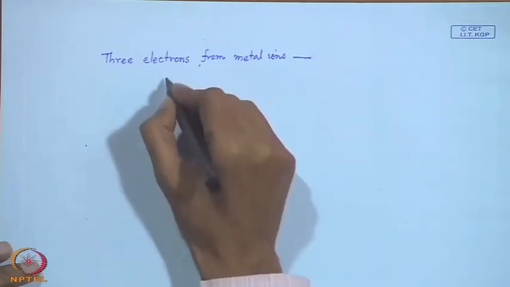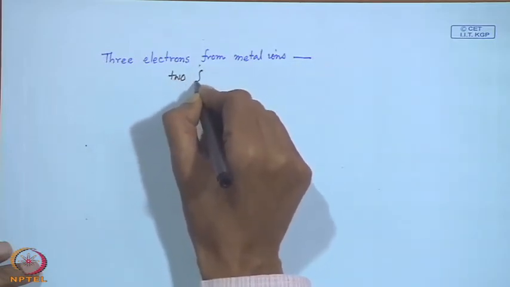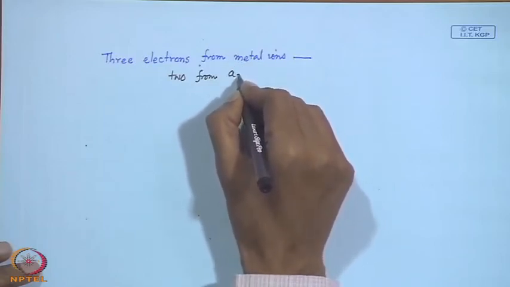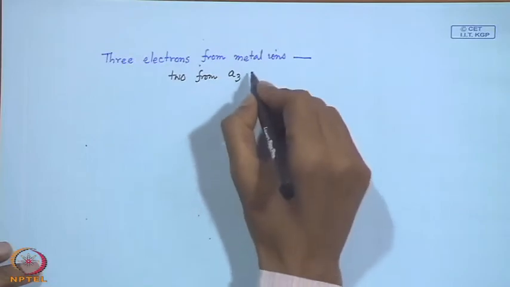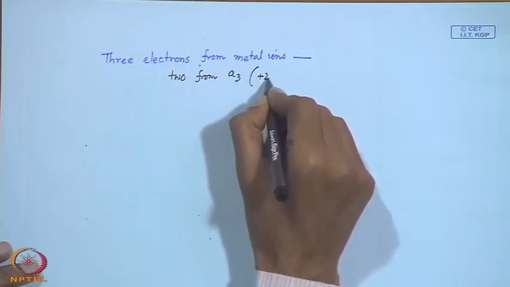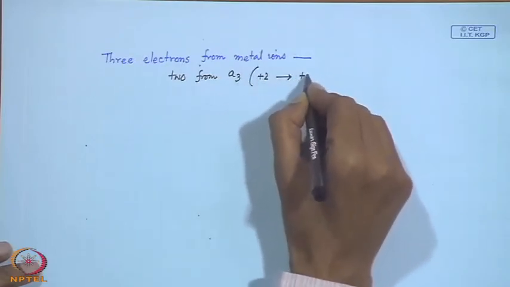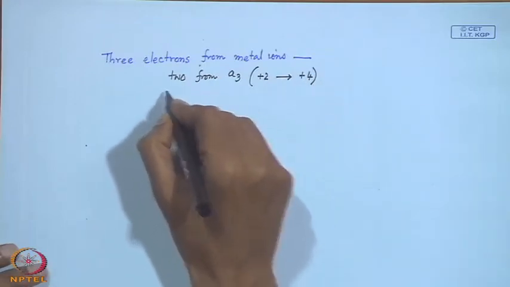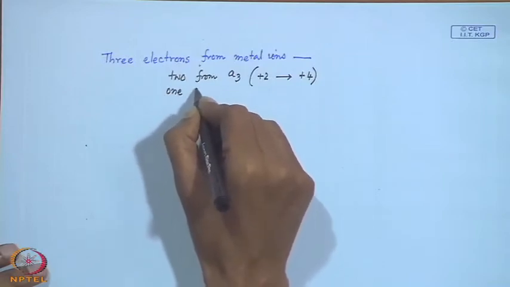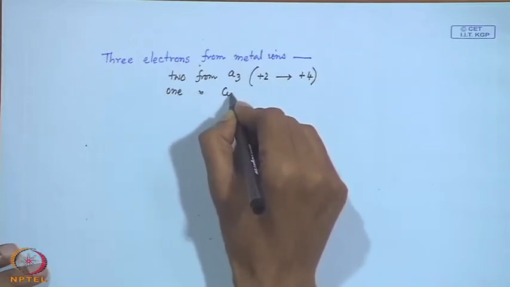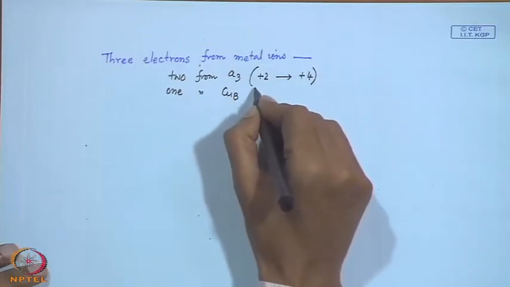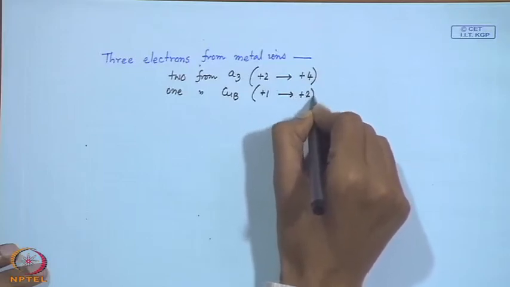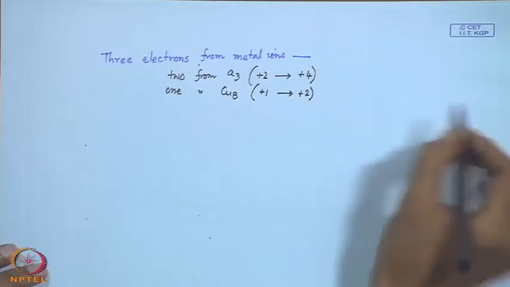So, 2 from A3, that means when it is moving from +2 to +4 oxidation state, and 1 from copper B, that means when it is settling between +1 and +2, and the third one